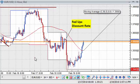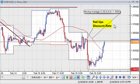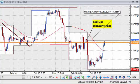Yesterday, in the euro-dollar pair, we saw the greenback gain against all of its rivals as the Federal Reserve upped its discount rate by 25 basis points. The move came as a bit of a surprise to markets, but it definitely favored greenback strength. We hit a new multi-month low at 1.3545 in the overnight trading, but then as we got into the New York Friday session, the euro managed to